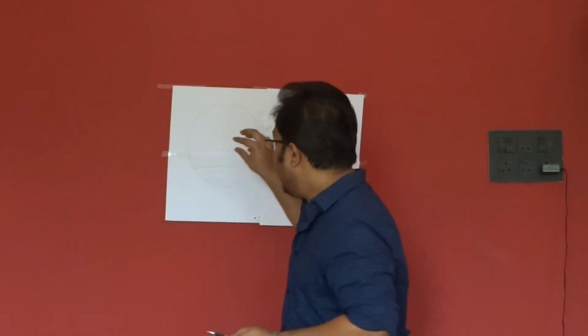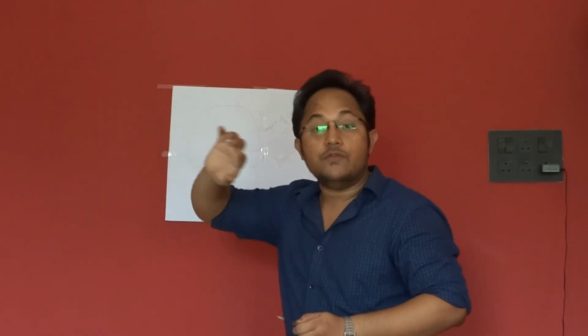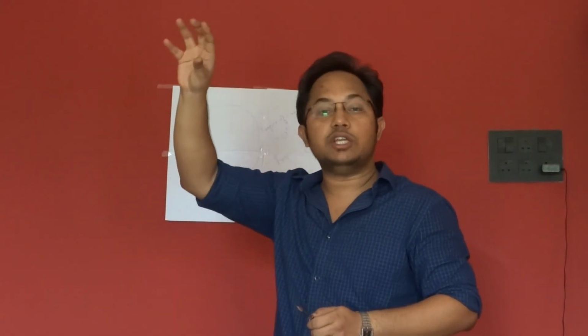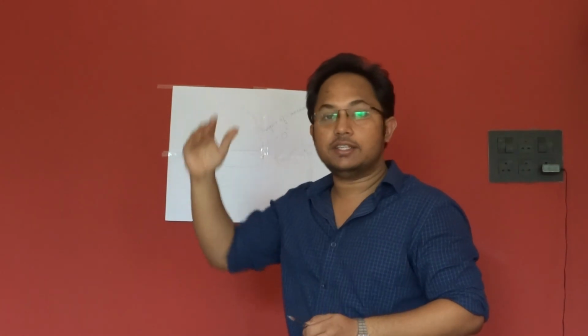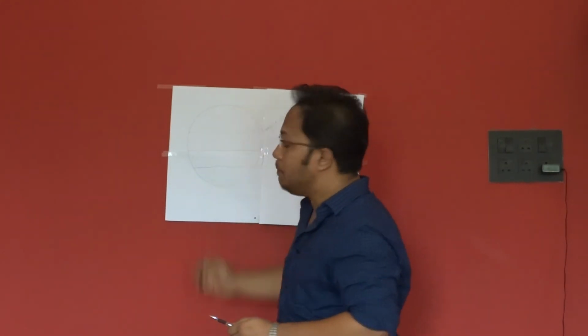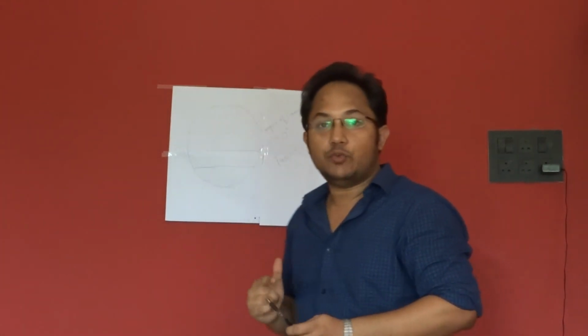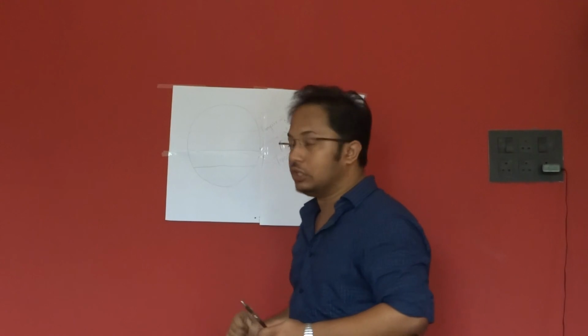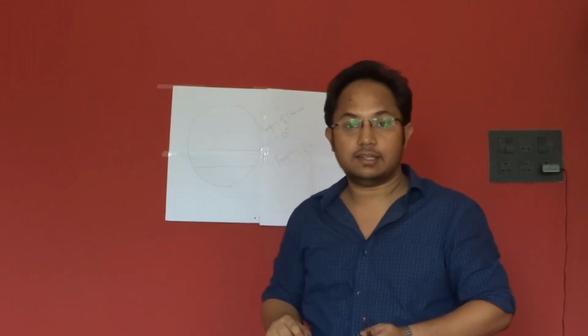So we have the equator at 0 degree, which divides the earth into two equal hemispheres, one to the north and the other to the south. One is called the northern hemisphere, the other the southern hemisphere. We have another important latitude at 23.5 degrees north, which is called the Tropic of Cancer. Similarly, at 23.5 degrees south, we have the Tropic of Capricorn. At 66.5 degrees north, we have the Arctic Circle.